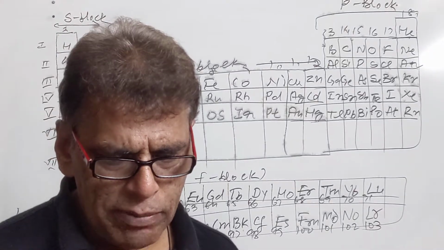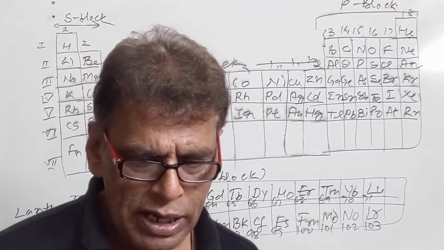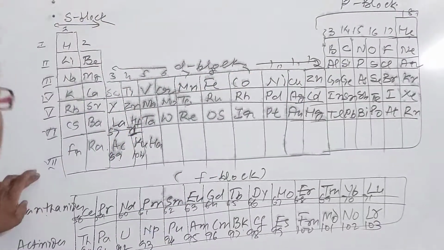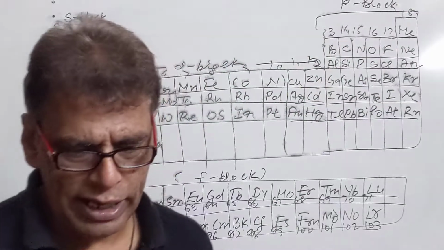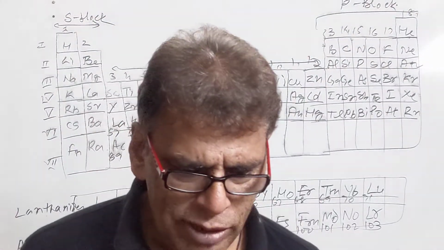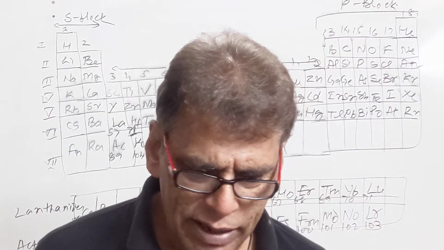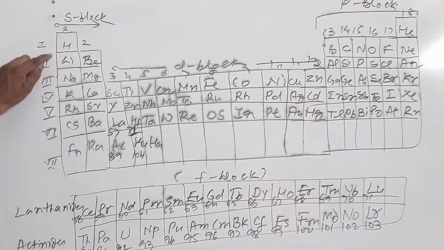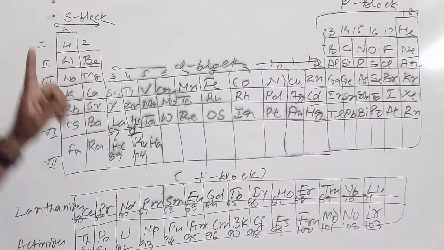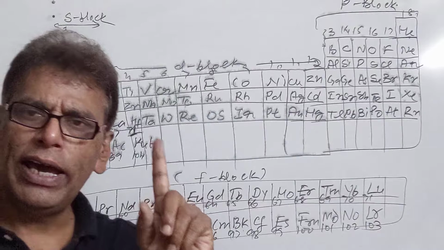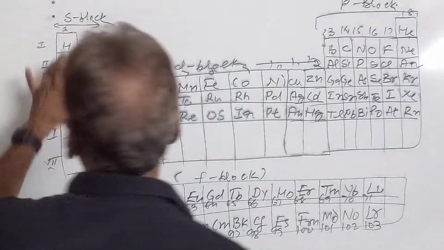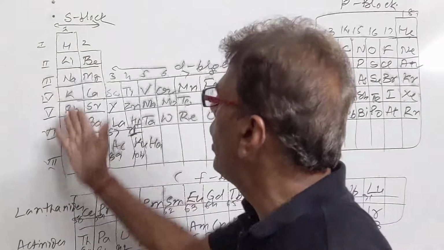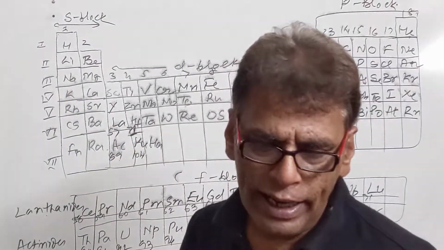So the modern periodic table has 18 vertical columns named as groups and 7 horizontal rows which are named as periods. So we have these 7 periods and 18 groups. We have already commented on this. Then we have an activity: explain the similarity in group 1 elements. If we take the group 1 elements, all of these elements have one electron in the valence shell. If they have one electron in the valence shell, they can lose one electron to acquire the noble gas stable configuration, and they acquire the +1 state by losing that electron.